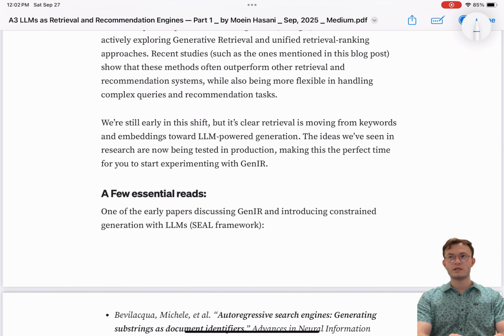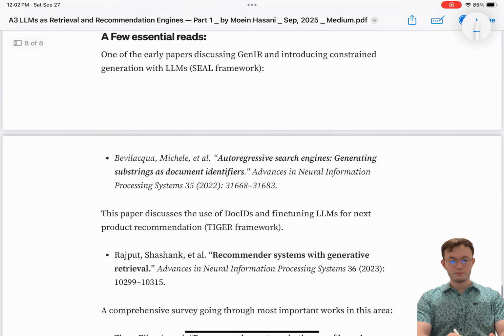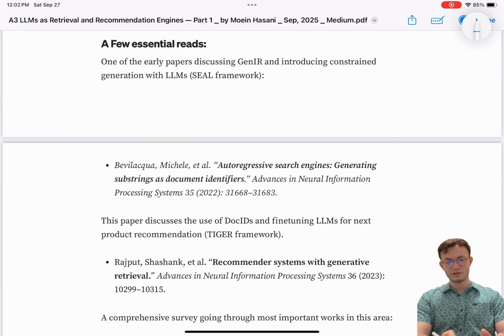Still, for smaller startups or smaller places that can't afford to run LLMs, this is probably not a practical thing to use, but it is definitely something that the larger players are using, investing in, and researching. I left some essential reads here. I suggest definitely going through them if you want to learn more.